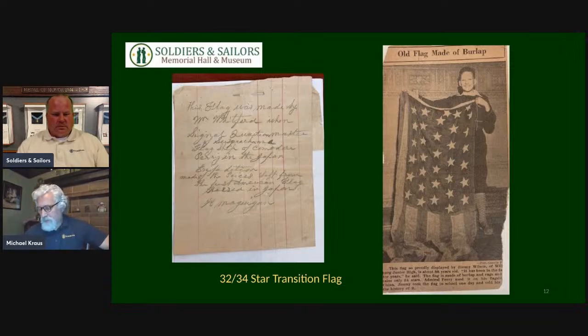and the family thought, based on some information, that this flag flew with Commodore Perry's fleet in Japan. And that's kind of the note that you see, it indicates something along those terms. It says, made by Mr. Whitford when signal quartermaster on the Susquehanna. The Susquehanna was Perry's flagship with Commodore Perry in Japan, made from pieces of the first flag raised in Japan. So we know where Perry's flag is. In fact, it was on